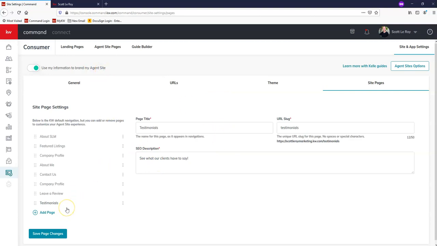The last thing that I want to show you guys is just how to reorganize your drop-down list. This was the second section that you guys actually have access to edit. So for example, to start, we have our about SLM. If I want contact us last, I can just click on these dots, drag and drop them, and it will allow me to rearrange my entire drop-down list. Once you rearrange them, you do need to click save page changes in order for it to reflect on your website. So now that I've clicked save, if I come back to my website and just refresh it,